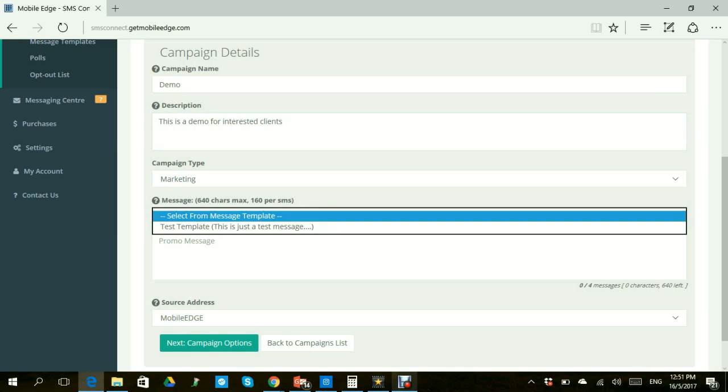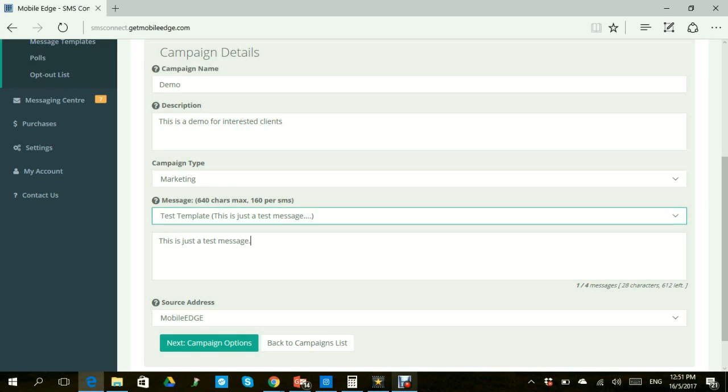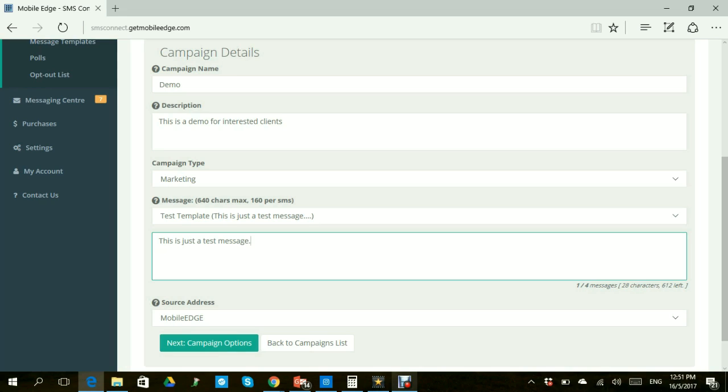So you can come here and select from the drop down and select a messaging template. Of course, this is just a test template, so once we click on it, automatically it populates the area for sending messages. Of course, right away as well, you're able to see if you look down to the bottom here